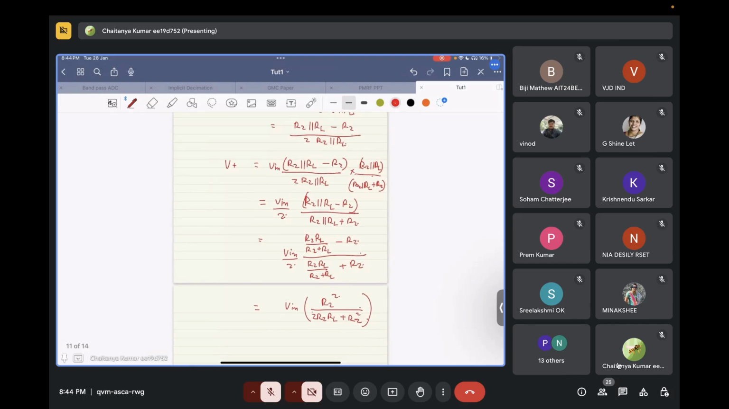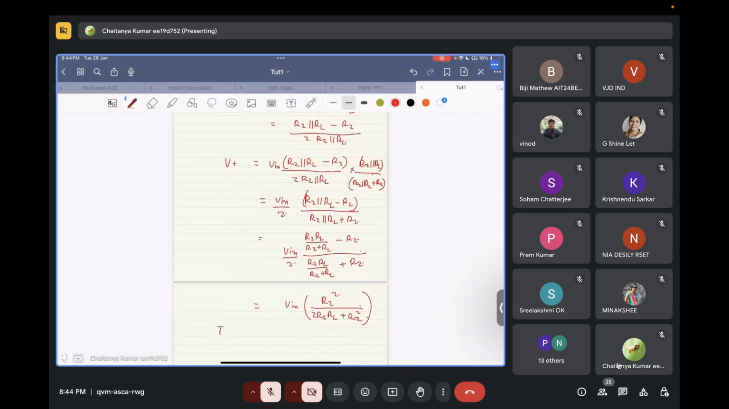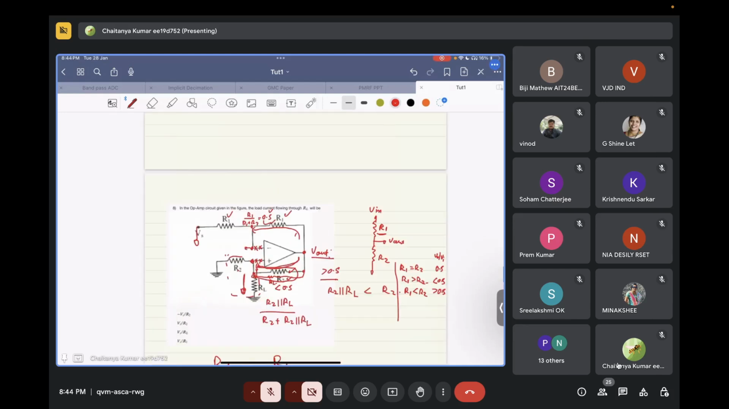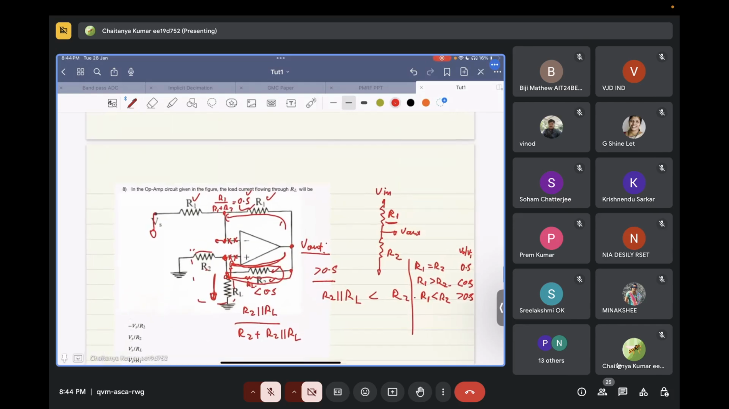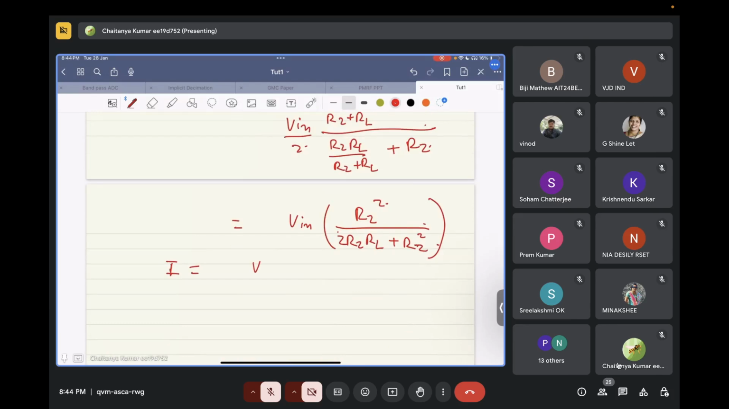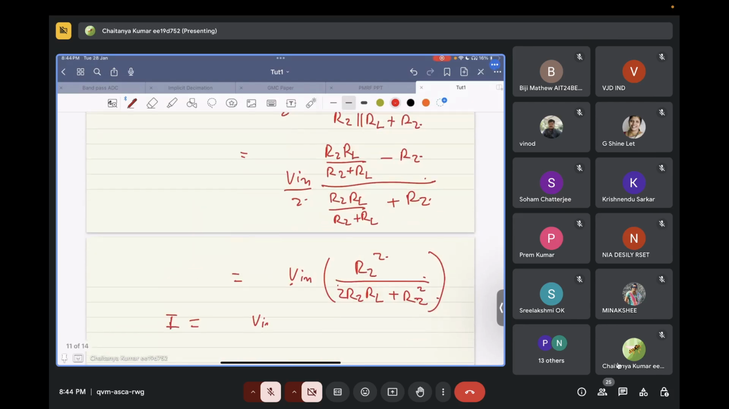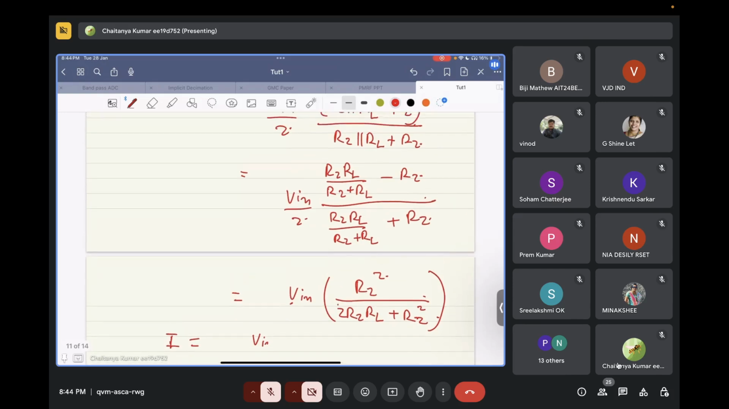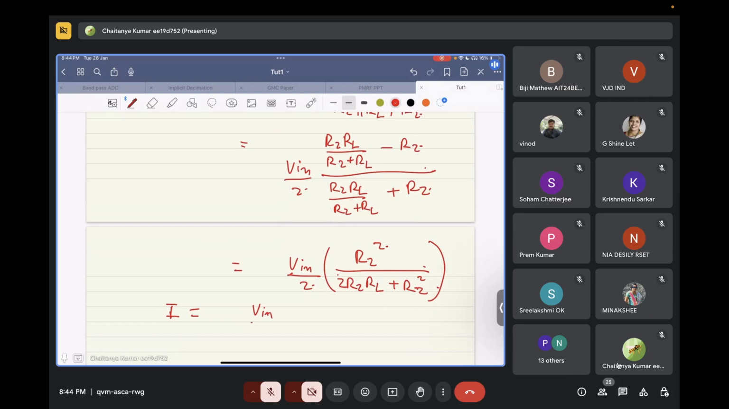So the current flowing in the load is the load current, which will be V plus divided by RL, right? Just turn it. Here will be 1 by 2, V in by 2 RL, R2 square upon